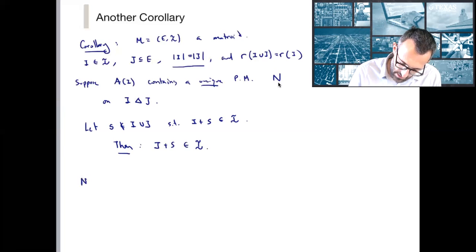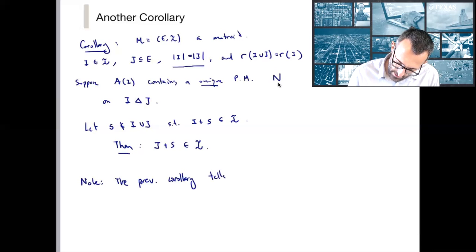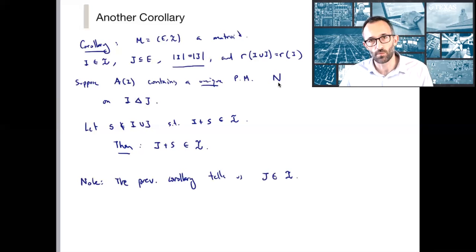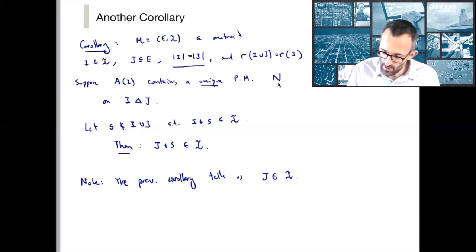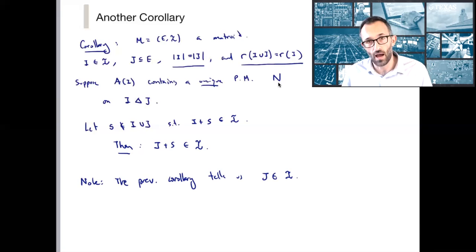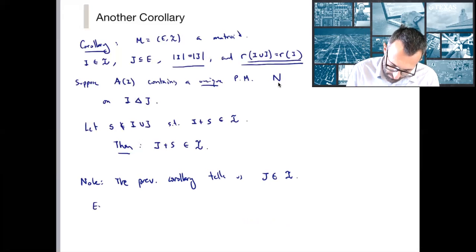So again, let me make this note that the previous corollary tells us that J is an independent set. And that's all it tells us. So the difference between the previous corollary and this corollary is this assumption and the fact that if I can add something to I and increase it, then I can add something to J and increase it. And note that without this rank assumption, this wouldn't hold. I'll just leave this as an exercise,